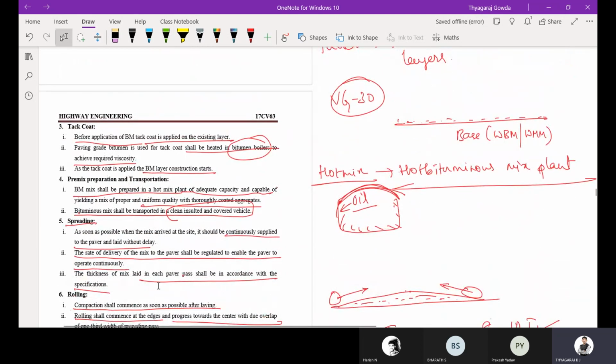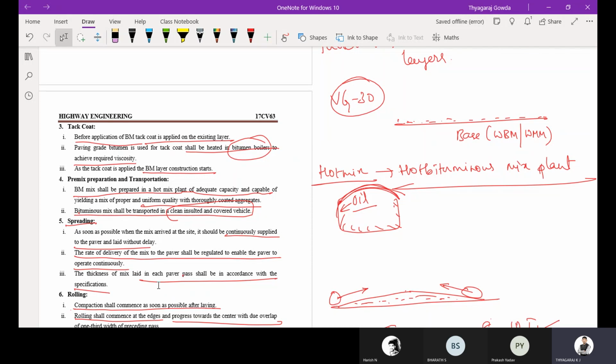Then premix preparation and transportation. Bituminous macadam mix will be prepared in the hot bituminous mix plant and it will be taken to the site by a closed vehicle which is insulated inside. Then spreading. As soon as the mix arrives at the site, it should be spread and compacted.